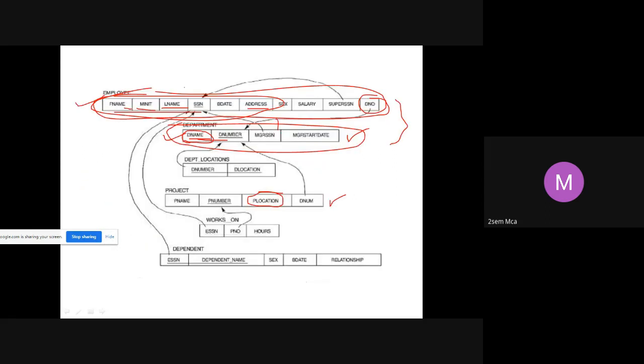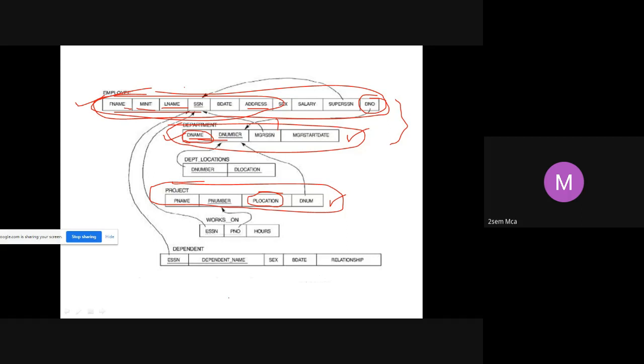So first what I can do, I can find out what are all the projects at the location Stafford, because P location is available at project table. So the first step is what? I will try to find out what are all the projects that are there in Stafford. They are telling we should display the corresponding project number.